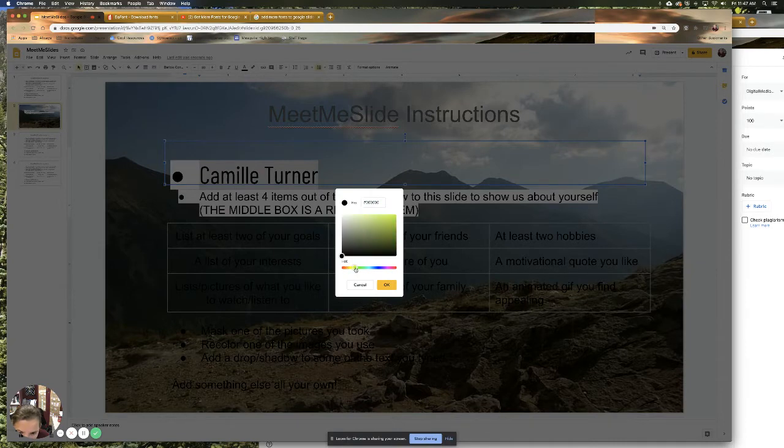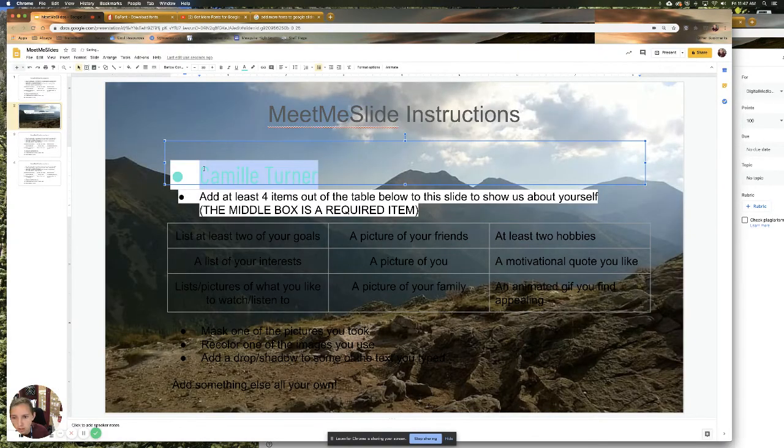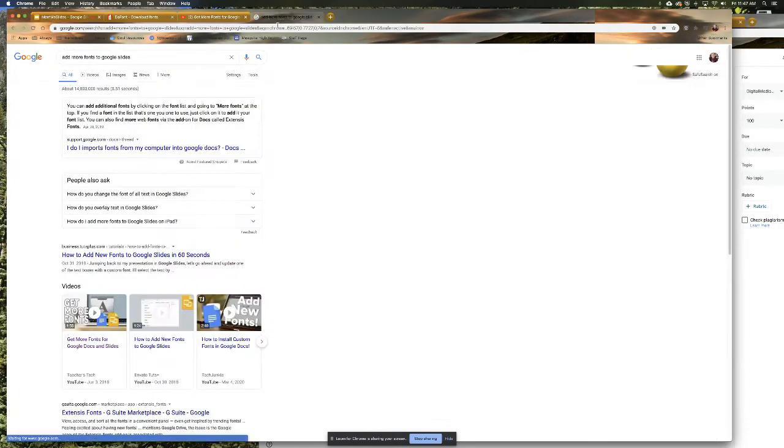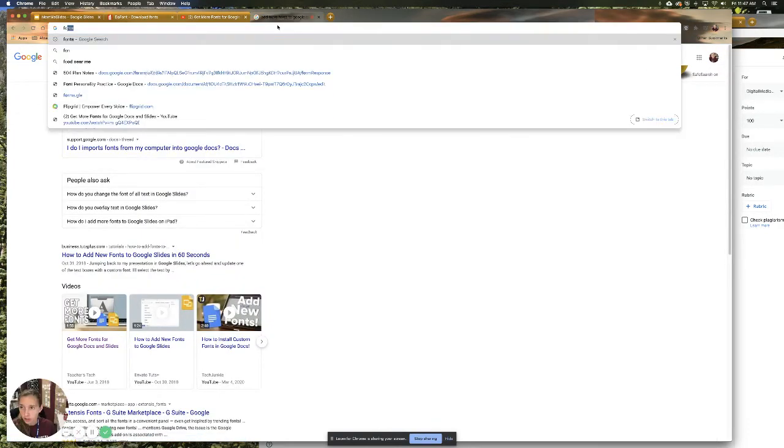Oh yeah, we're looking at something like that now. Okay, get rid of that bullet. Okay, so there's that for now. But what if you don't like those fonts? Those aren't fun enough. There are sites like Font Generator